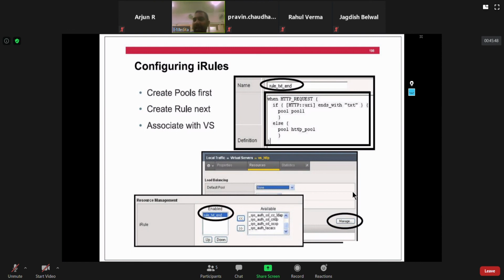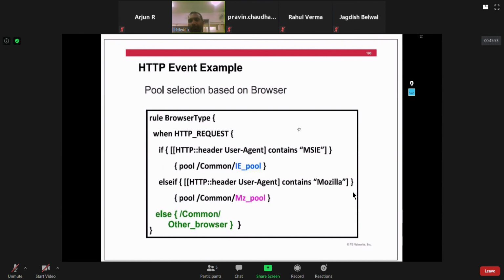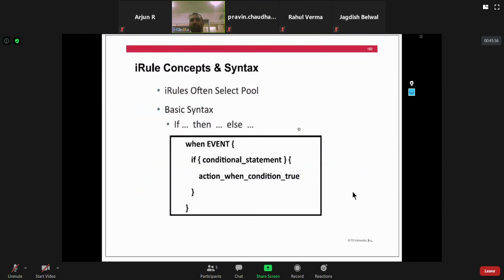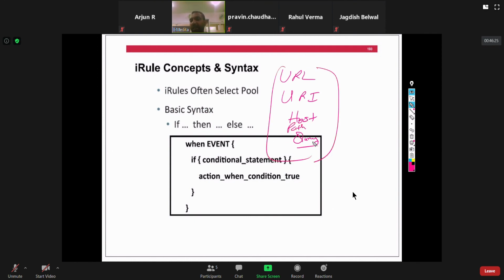And one more thing that I would like to discuss with you, along with the three components that I discussed before, event, conditional statement, and action. Other than that, you should also be aware of what is a URL, what is a URI, what is the host portion, what is the query. You get my point? You must be aware of all this stuff, and then thereafter, what is your path? When you talk about a URL, you can find everything over there, right, guys?